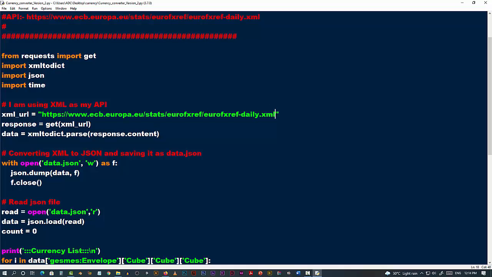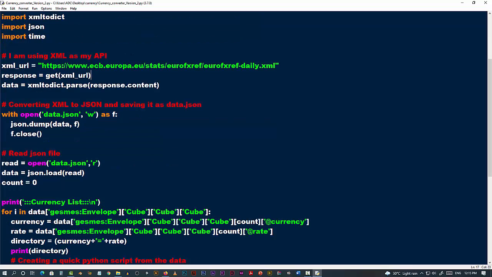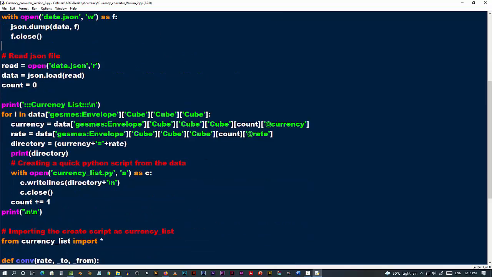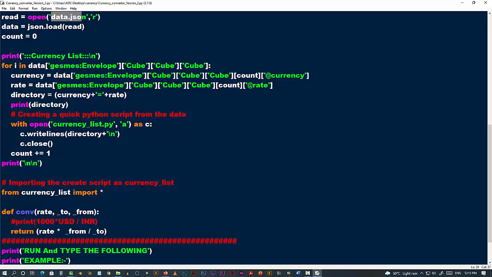This is the XML that I am using as my API, and then I'm getting the response from the XML. After that, I'm converting this XML into a JSON file and saving it. After that, again I'm reading that same JSON file and getting the details of everything.